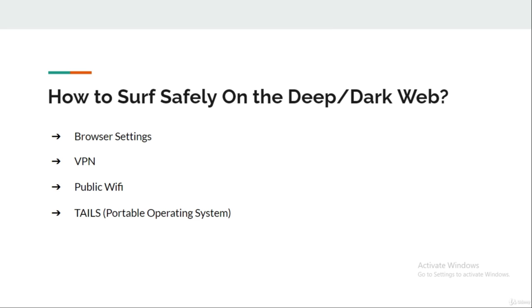Tails, the Amnesiac Incognito Live System. Actually, we had a whole lecture on this topic. Tails is an operating system installed on a hardware device like a pen drive or a CD-ROM, and it comes with all the applications required to access the deep dark web. Its main plus point is that it does not store any kind of files. All the memory used while using Tails is executed in the processing unit of the computer, due to which whenever you eject the device containing Tails, all the memory related to the dark web is deleted in the computer as well as in the hardware device. So it's the safest way so far to access the deep dark web.